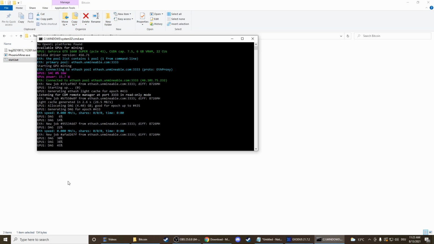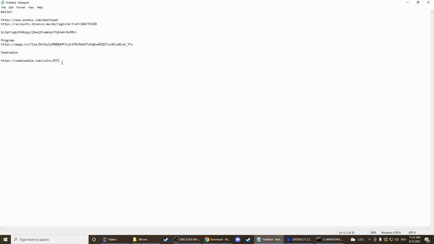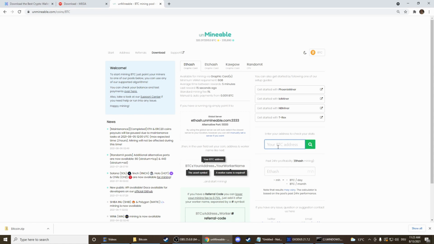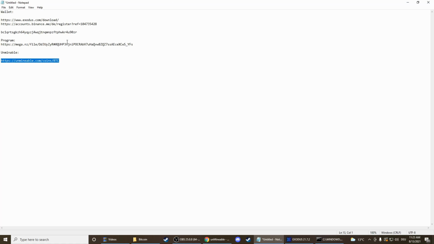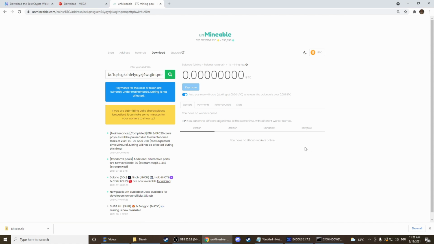So, and how do we get it now into our wallet? Therefore we click on unminable.com, that link here, and now we have to insert our wallet address here. So copy that address and insert it here. And now, okay, at the moment it says you have no workers online. That's because we just started mining. It takes about 5 minutes until it will show up. Yeah, but then it will show you the balance here,